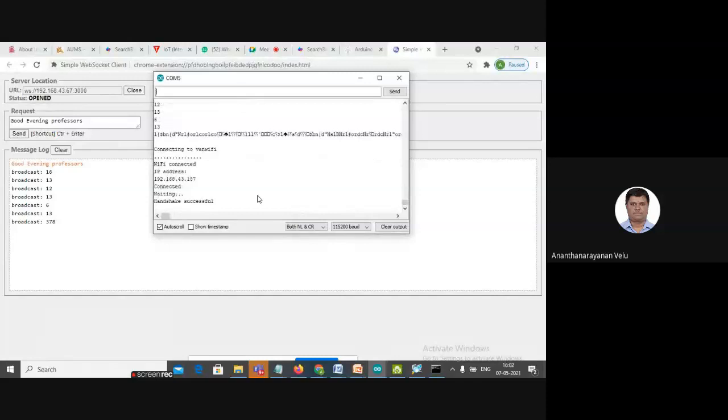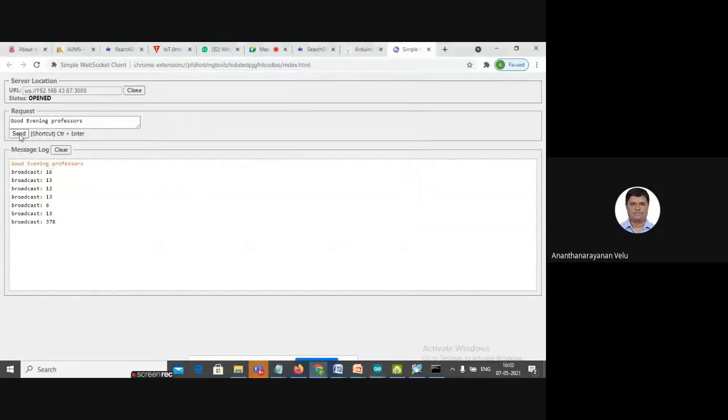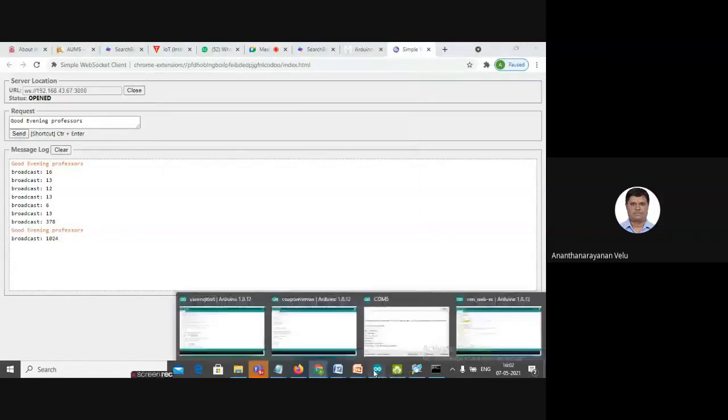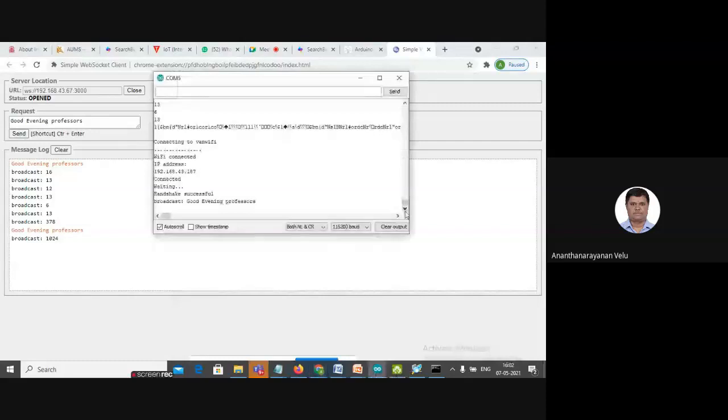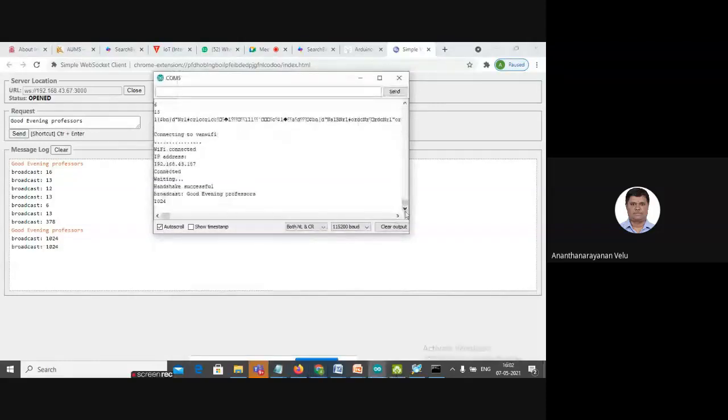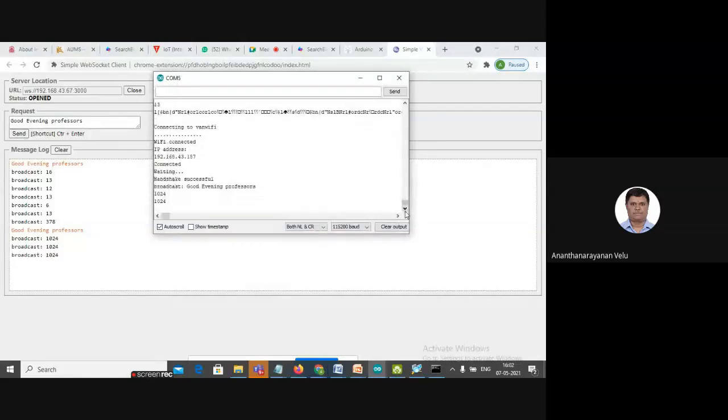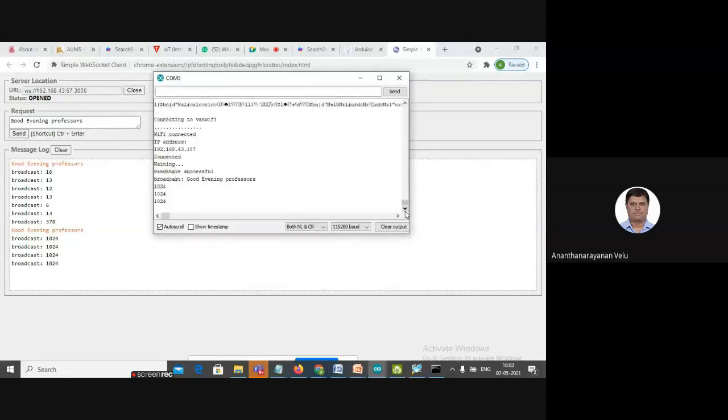Now all of you look at here. I had connected the analog signal, right? I had connected an analog signal to the NodeMCU hardware, and so I expect 1024 as the broadcast value because I had connected to 5 volt. 2 power 10 is 1024.